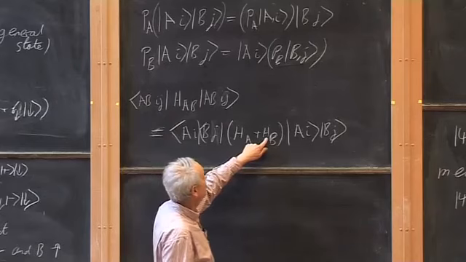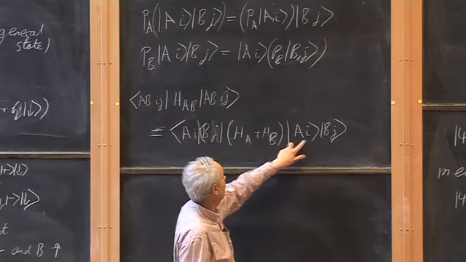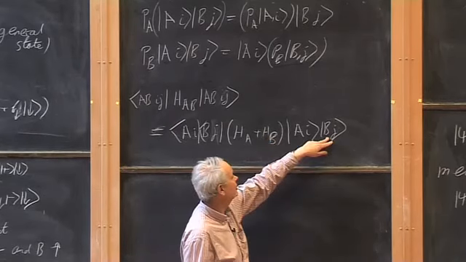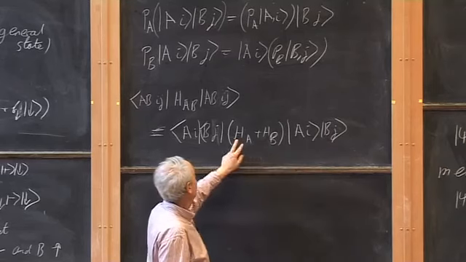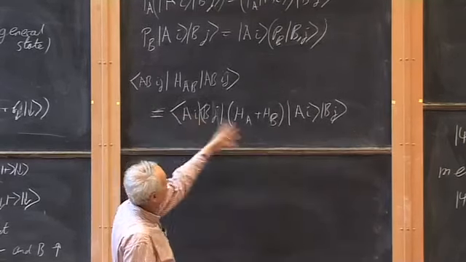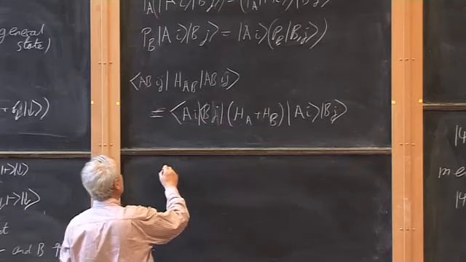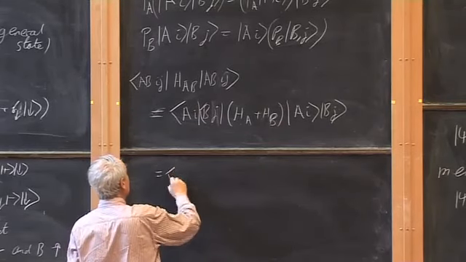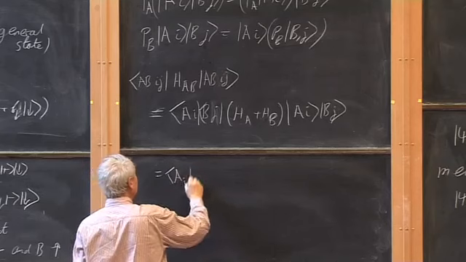So this operator ignores that because it's a B operator and homes in on that. This operator operates on this, and then we have the other things come in on the other side, and this gives me HA